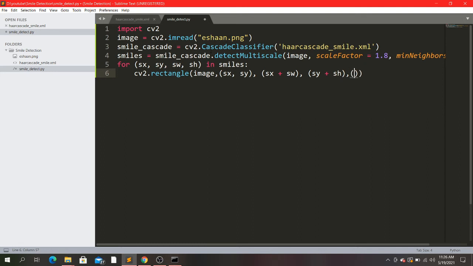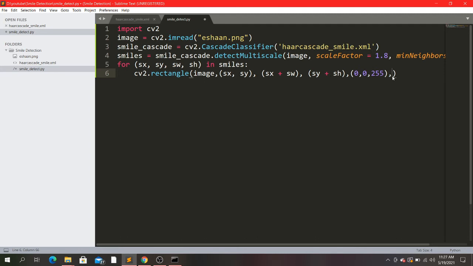The next parameter is nothing but the color. That was the fifth parameter.